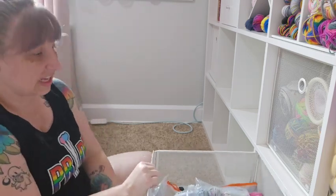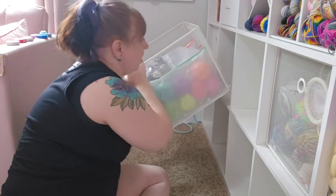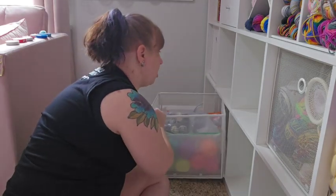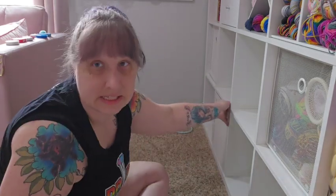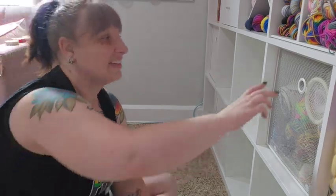I'm going to move this, I believe, down here where it's still accessible, but I don't necessarily need to see it, like these yarns that don't quite have even a project type in mind. So anyway, next I have